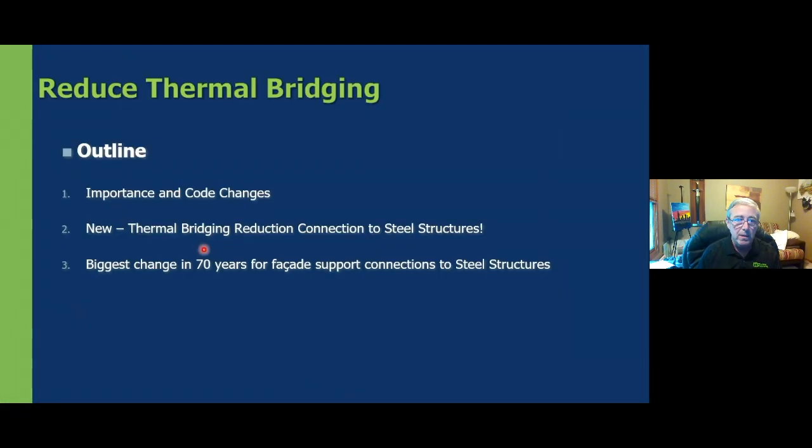We're going to go ahead and move forward in our presentation about thermal bridging at facade connection points. We're going to cover a little bit about the importance and code changes that are evolving today, an important new code that just came out in October, thermal bridging reduction associated with steel structures, and then one of the biggest changes in 70 years for facade support connections to steel structures that's associated with